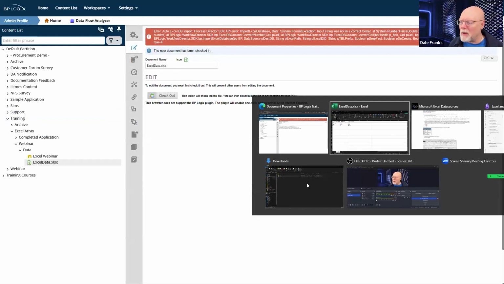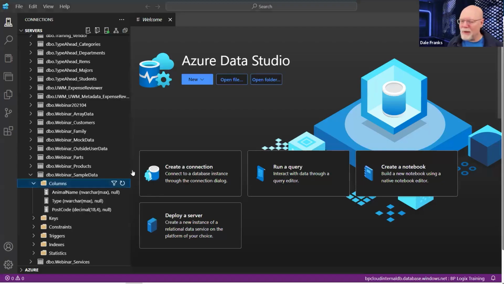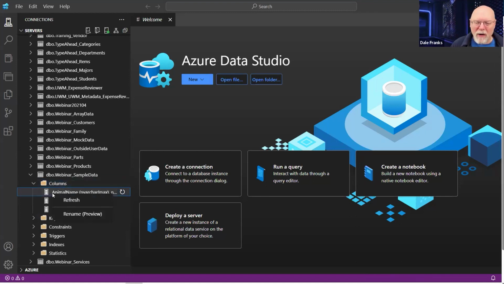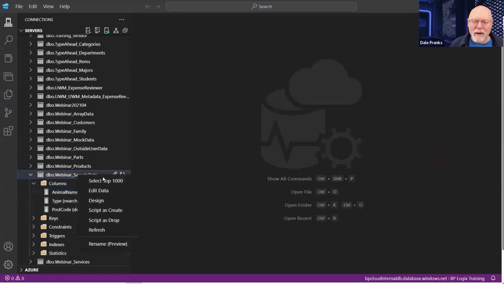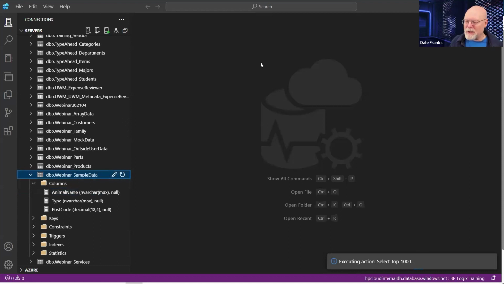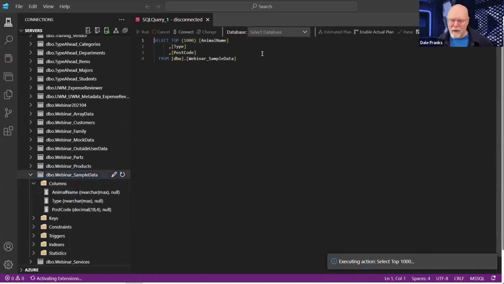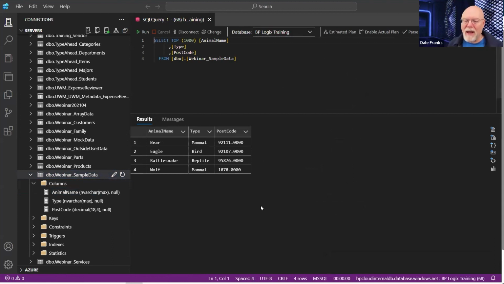Oh, and by the way, I didn't look in Azure Data Studio while we're here. Looking at this in Azure Data Studio, we refresh this. Let's actually create a query here. Let's close my action page, and we'll go up here and we'll just do a select top 1,000, and it'll create our query up here so that we can see it in the window. And there we go. So we can see what it thinks our postal codes are with our 4 decimal places.